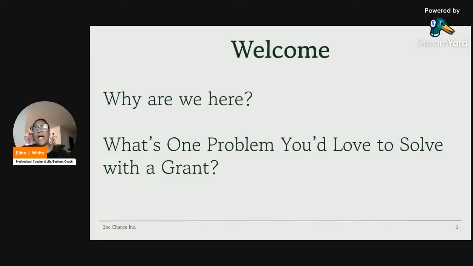Okay, so again, I welcomed you already. We are here to get the basics on writing a grant, what we need to get from the idea to the income part. So we are going to be working on that today. You're going to be so well organized. You're going to know what you need moving forward, and what types of grants there are, so that you can be prepared. Again, know the answer to the question: what's the one problem you'd love to solve with this grant?